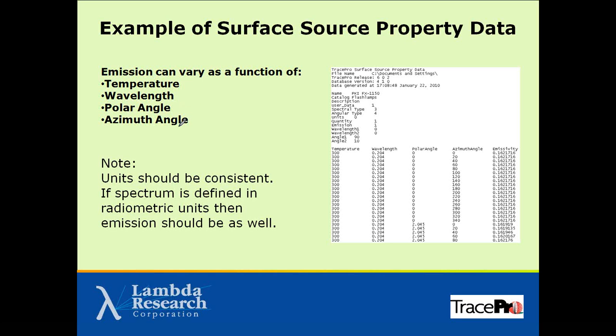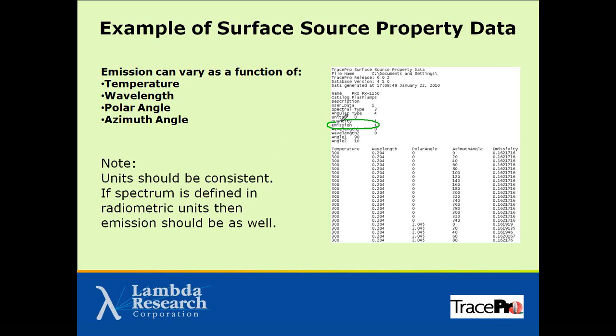One thing I want to note too here is that the units need to be consistent when you're defining a surface source property. If you have spectral data, more often than not that spectral data is going to be in radiometric units. It's going to be watts per nanometer or something along those lines. So if your spectrum is in radiometric units, you want to define your emission quantity here. And when you actually define the property in TracePro, you see you have the option of radiometric or photometric terms. You want to define that in the same terms as your spectrum is. Otherwise, you could see some